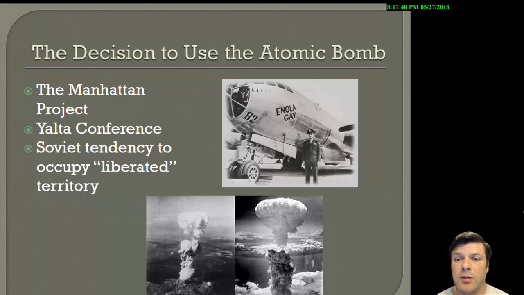And once again, we repeated our demand. Surrender unconditionally or face utter annihilation. And they went radio silent. So less than a week later, we're going to drop another atomic bomb on the port city of Nagasaki. And in the aftermath of that second bomb, the Japanese surrendered unconditionally.